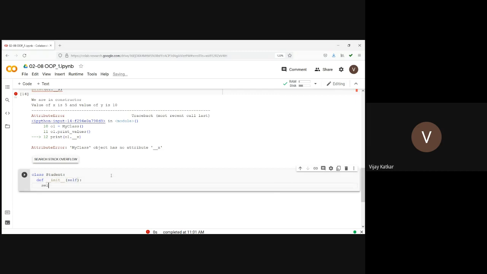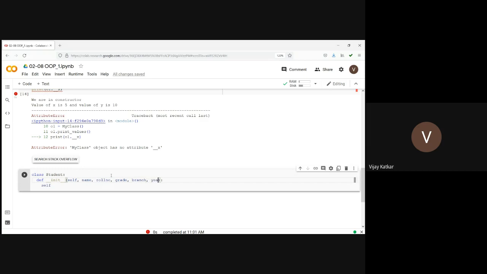But here I want to define some attributes like student name, roll number, grade, branch, year. In that case, I'll pass these attributes as arguments to the constructor. So let's say name, roll number, okay, I'll go with grade,